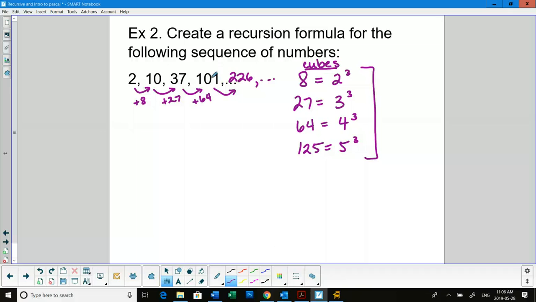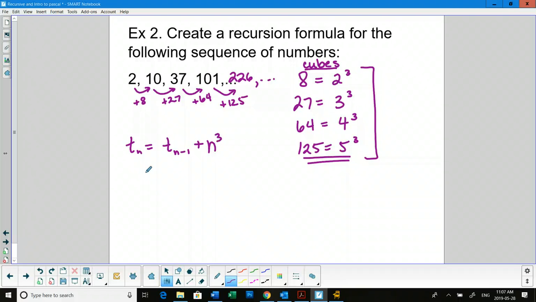Because we're taking 101 and we're adding 5 cubed, so we're adding 125 to it. Should we put a cube before? I feel like we should put the cube somewhere around here. So it's going to be something dealing with Tn minus 1. Yeah. And then n cubed? Just n cubed. Plus n cubed? Yeah, you're right. Perfect. So we're taking the term number and we're cubing it and we're adding it to